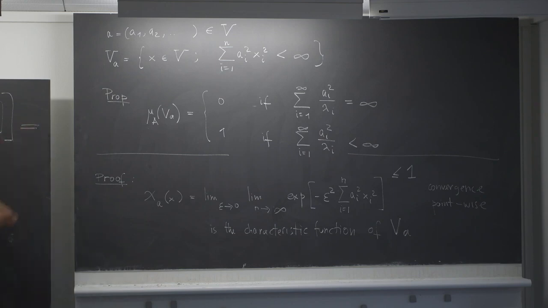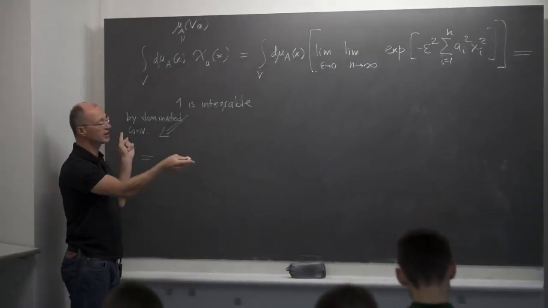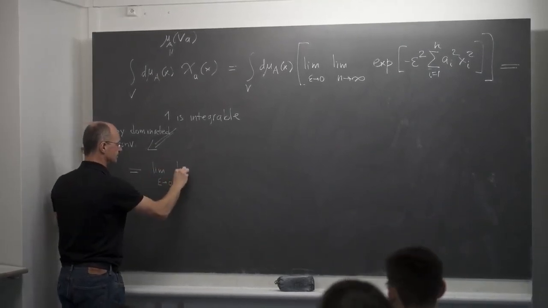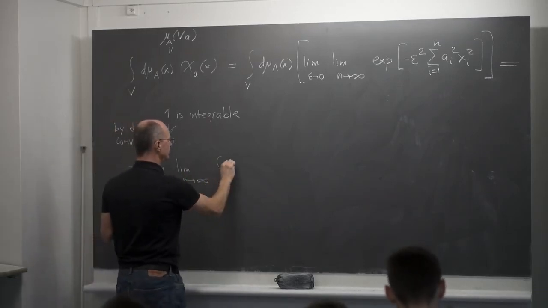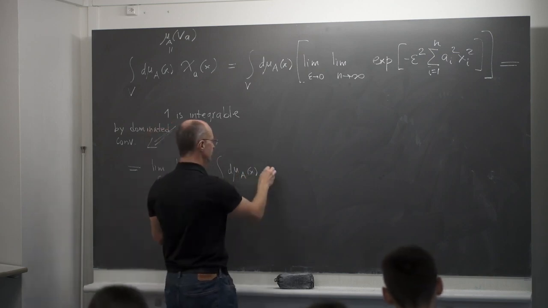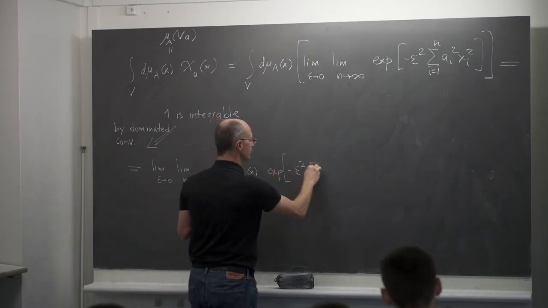So by dominated convergence, we can actually exchange the limits. So we take out the limits, and we have now here d mu_A of x, and here we have the exponential of minus epsilon squared